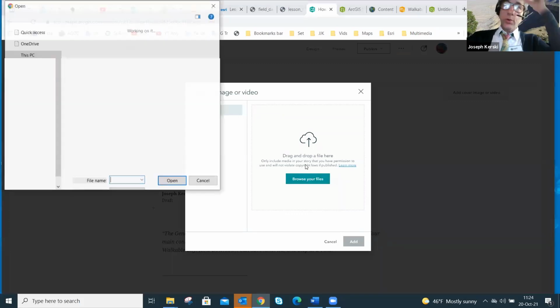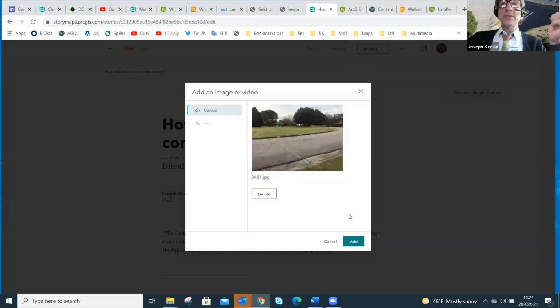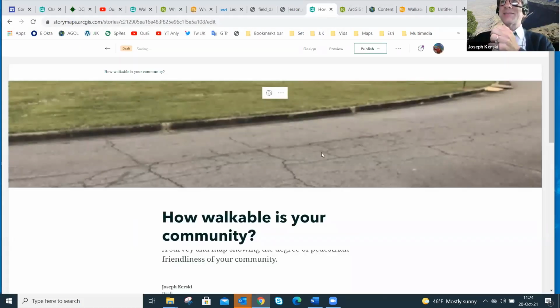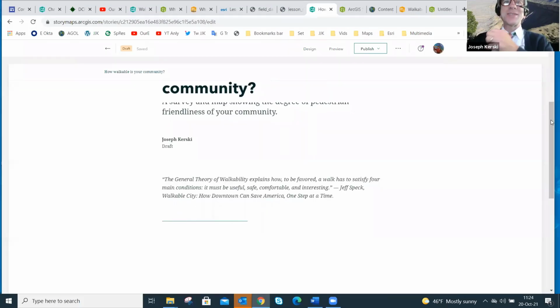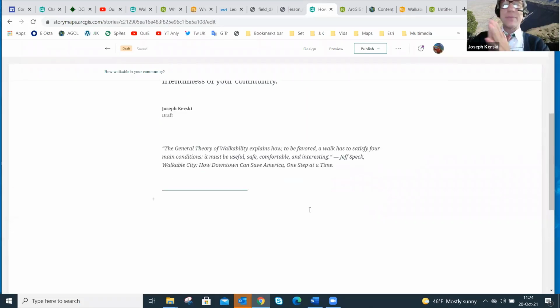I'm going to go to the place where I have my pictures of my walkable or not walkable places. This isn't a very exciting one, is it? Is that walkable or not? There's no sidewalk there, but I don't see any traffic. So I've got an image and a couple of strings of text. I'm not going to spend your valuable time doing this kind of thing any more than I've done so far. Being sensitive to your own daily things you need to do, let's get into what I think is the most powerful thing about all this.